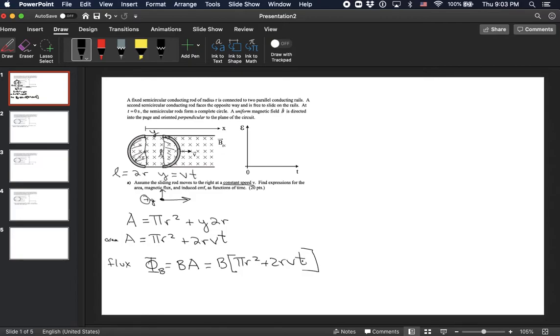The next thing is induced EMF. So I'll write that up here. My induced